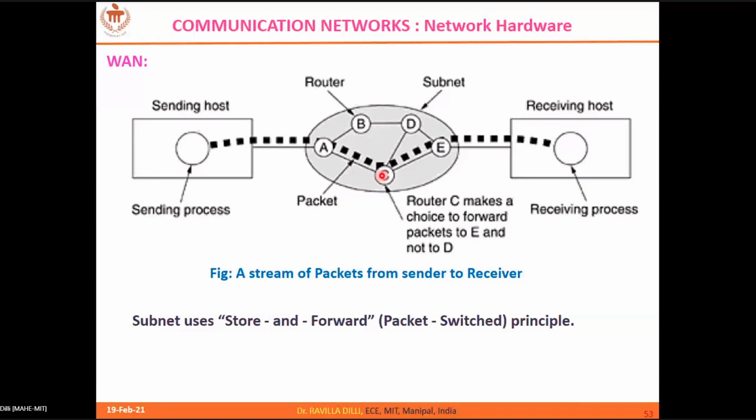When we talk about the network layer, you will come to know on what basis we say that this is the best path. So that we will see. Now here you can see all the packets are following the same path in the communication subnet. This usually happens in circuit switching. But there is another possibility that the packets need not follow the same path. Instead, they can follow different paths. That is called datagrams, or virtual circuits and datagrams, which are part of packet switching. So we'll come to that.